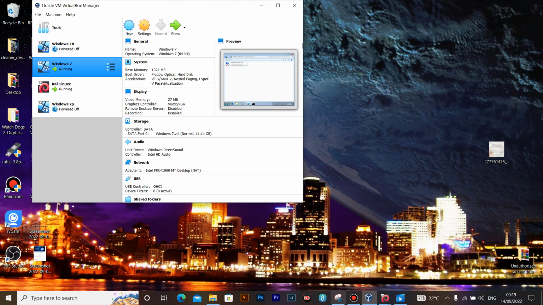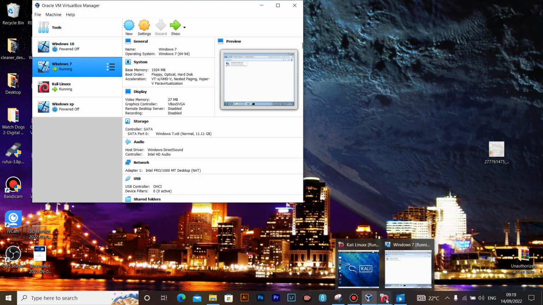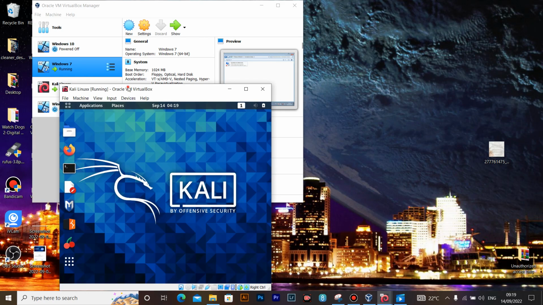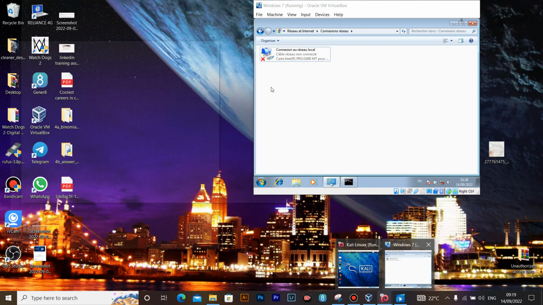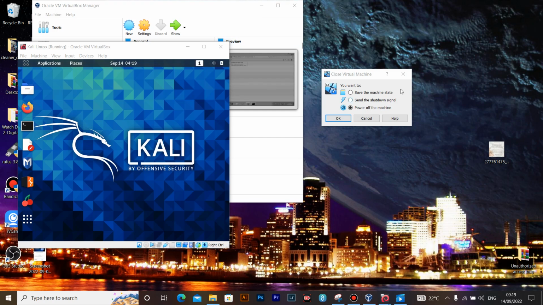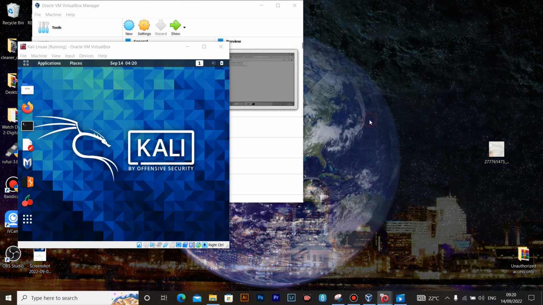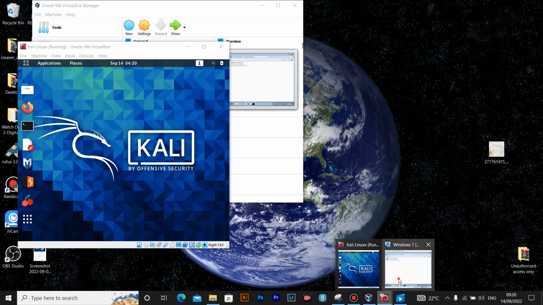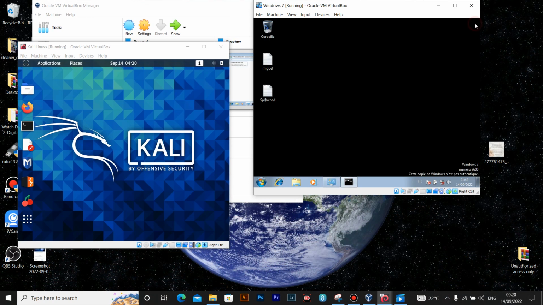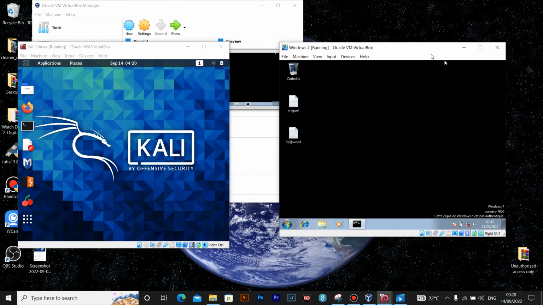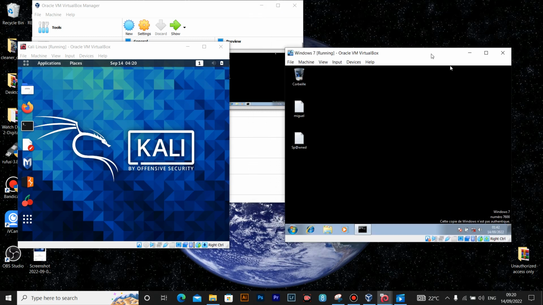And now let me open it. I think it's already open here. This is the Kali Linux virtual machine, as you can see, and here is the Windows 7 virtual machine. We're going to enable communication between these two virtual machines, but before we start, I would like to mention that